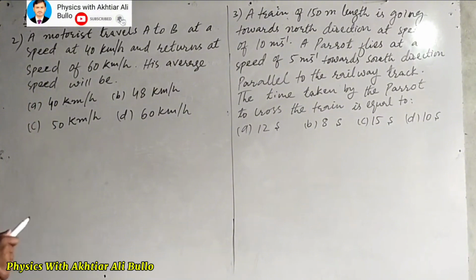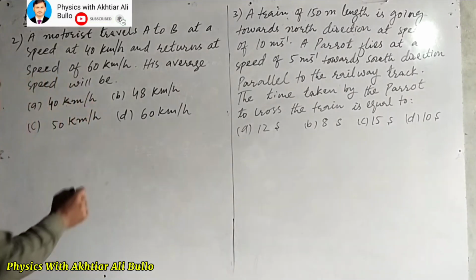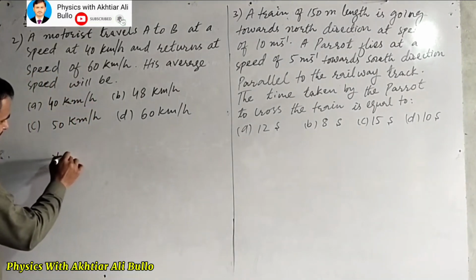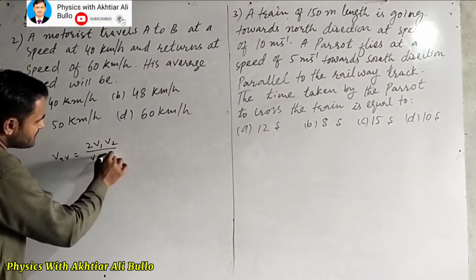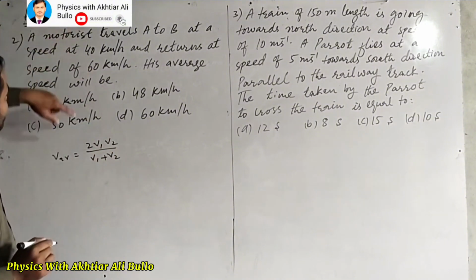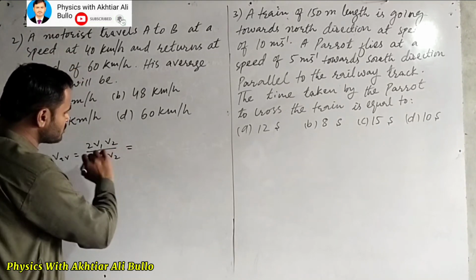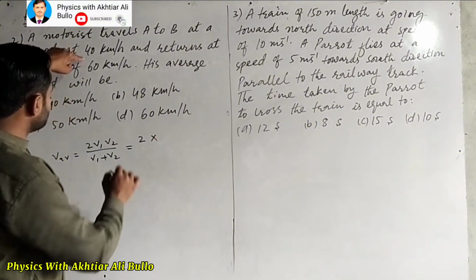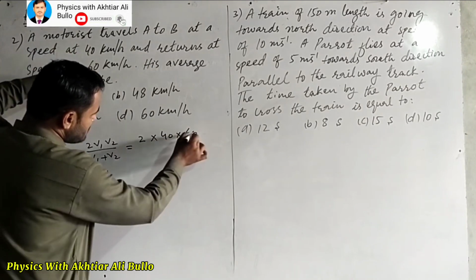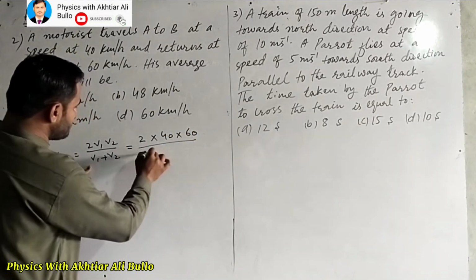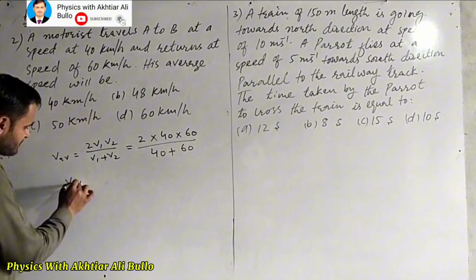So in this condition we will calculate the average velocity of a body by using the formula: average velocity is equal to 2v1v2 upon v1 plus v2. So here V1 is 40 km per hour and V2 is 60 km per hour. So by putting the values, 2 into 40 into 60 divided by 40 plus 60. So the average velocity will be